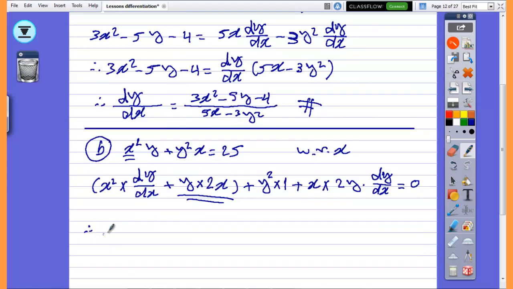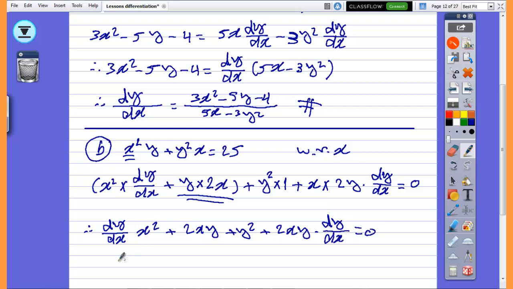So we have x square dy dx plus 2xy plus y square plus 2xy dot dy dx equals 0. By taking dy dx as a common factor here, we can write dy dx